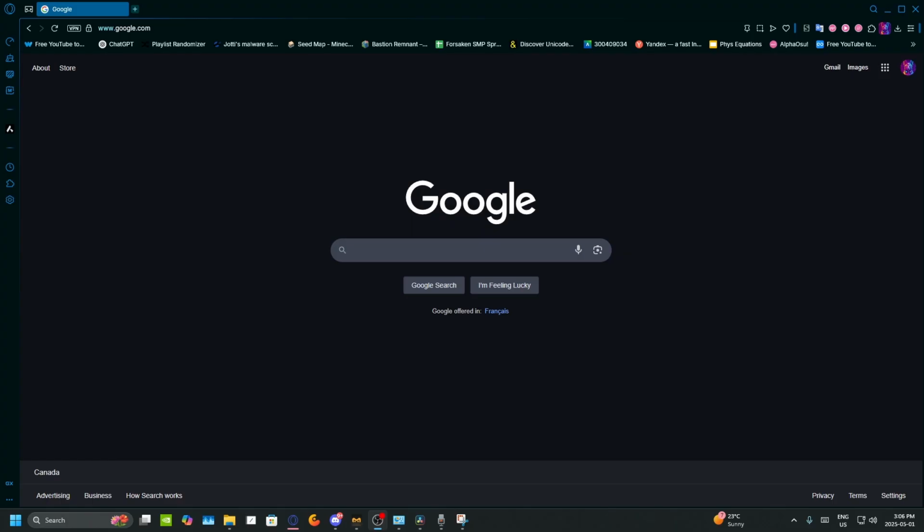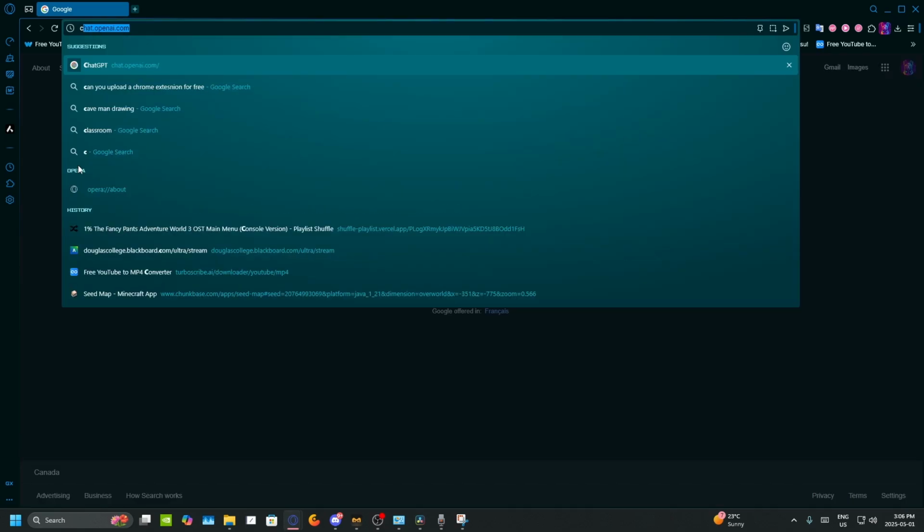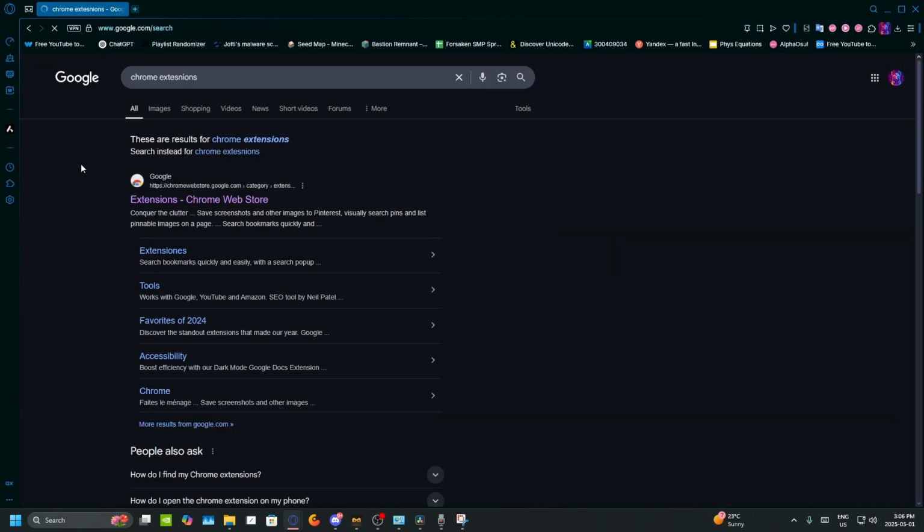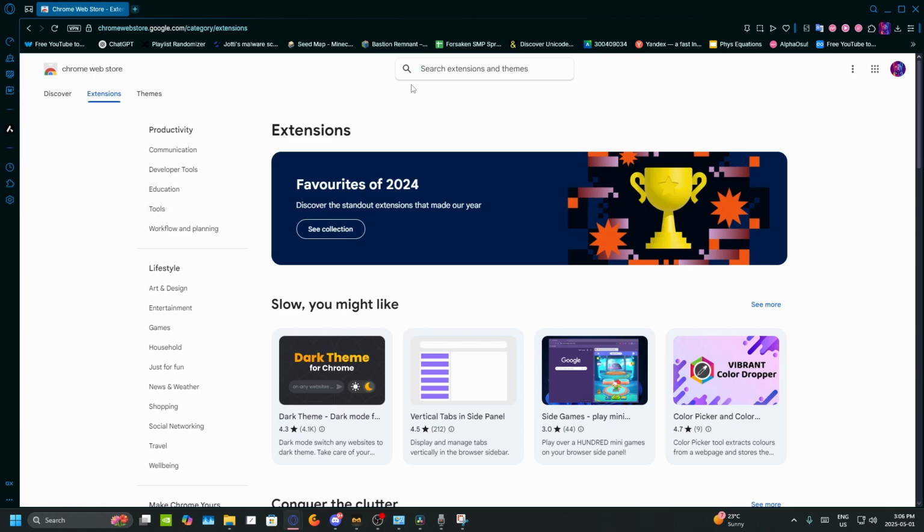Yeah. Okay, so this is how you install everything. So it isn't like a normal Chrome extension. A normal Chrome extension costs me money in order to put on, so this is the easiest way for me to install it for you guys. So, ironically, you're going to want to go to Chrome extensions, and you're going to want to look for something called